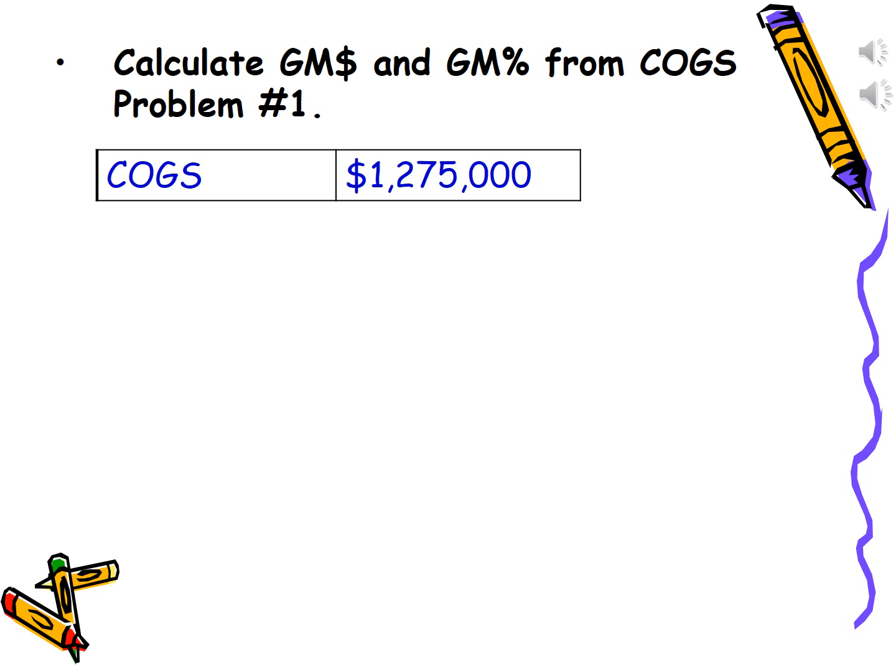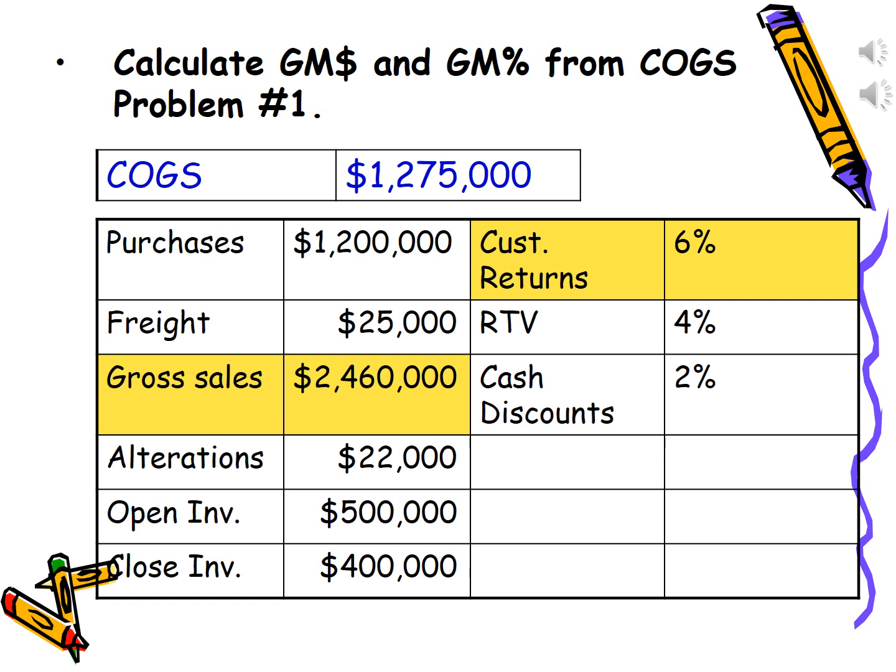Now let's continue with this cost of goods sold problem number 1, to calculate gross margin in dollars and percentage. We just calculated cost of goods sold from the given information, and the cost of goods sold came out as $1,275,000. To calculate gross margin, we need to know not only cost of goods sold but also net sales. So from the information that was given earlier, which is shown here now,